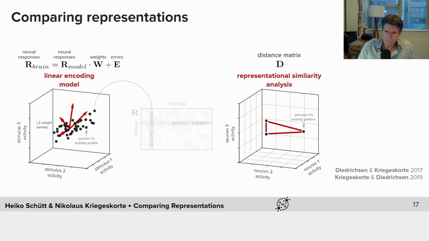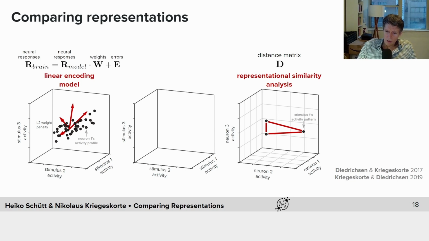There's also a third approach which links these two approaches in a very interesting way and is therefore important to consider to understand the relationship between linear encoding models and representational similarity analysis better. In this approach, we consider the space spanned by the stimuli. So we're looking at the distribution of points here, where each point is an activity profile. Our goal is to model this distribution of activity profiles, and what we do is we model this as a multinormal distribution in the space spanned by the stimuli.